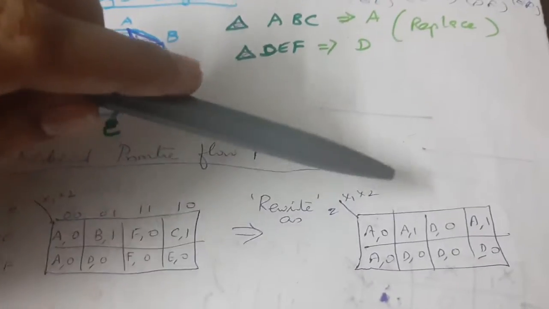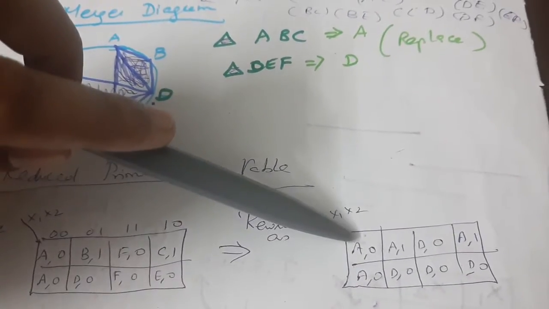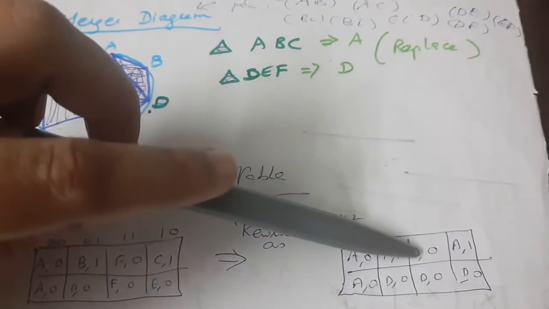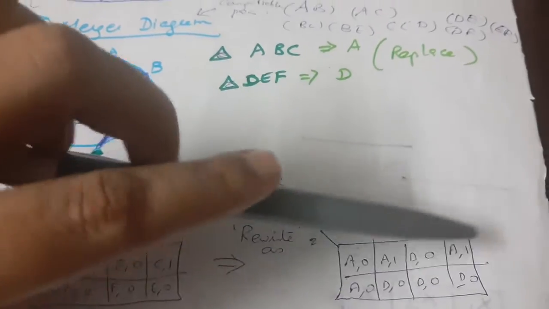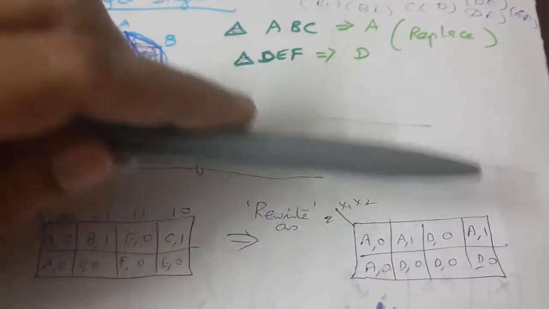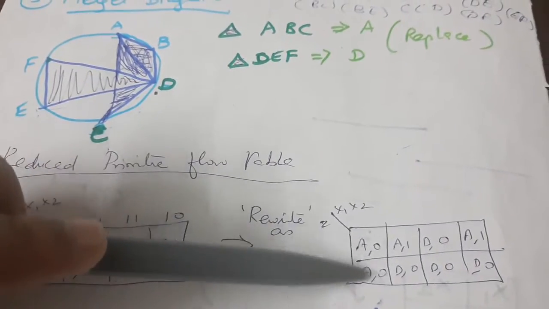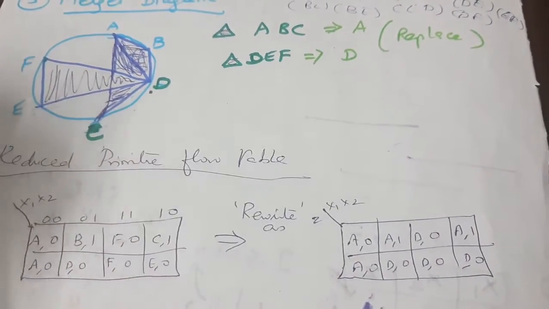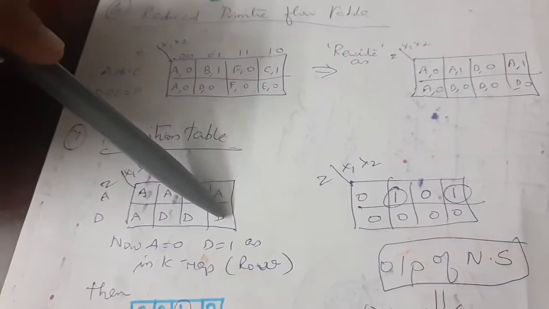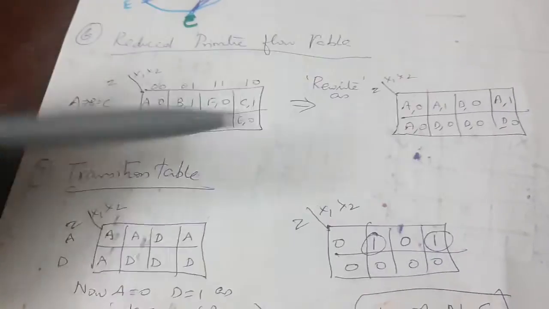So, you have now, this is a variable. A is one variable, D is another variable, and the remaining parts are your output. So, you are going to obtain 2 K maps. One is for the variable, the next one is for the output. The variables are A, D, A, D, D, D. Outputs are 0, 1, 0, 1, 0, 1, 0, 1. The last are all zeros.